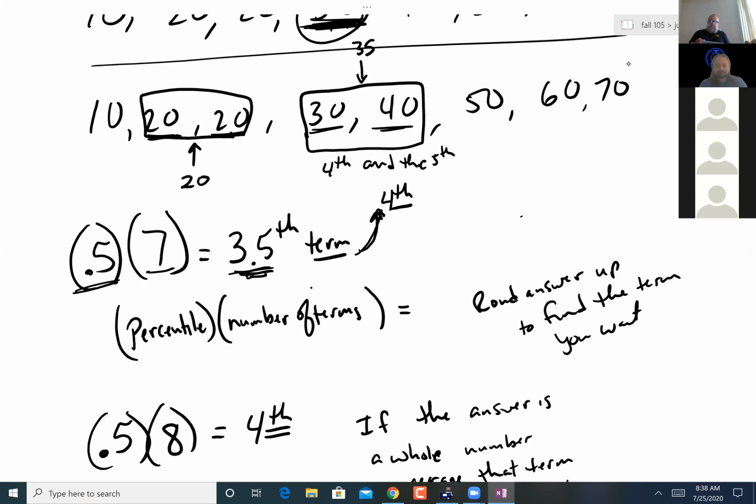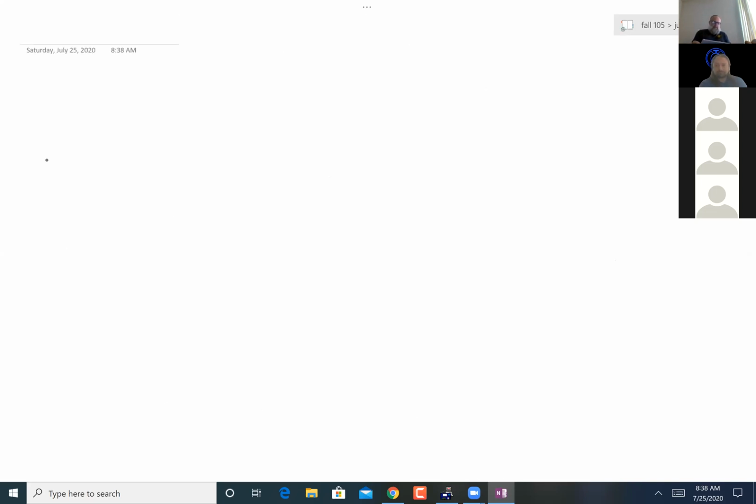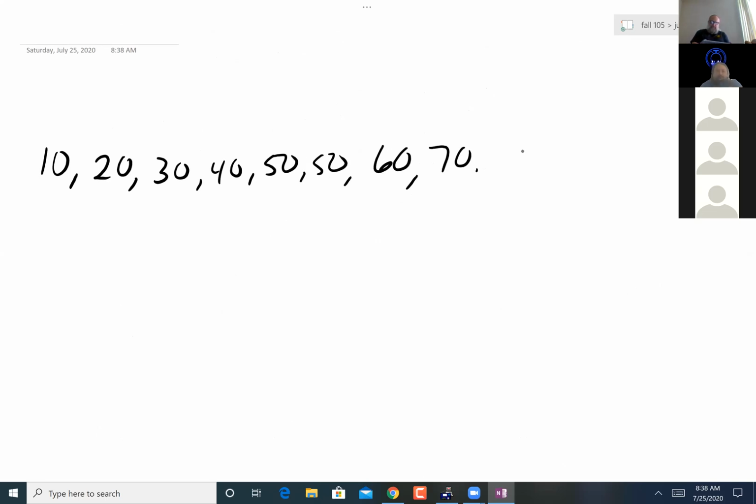Now, let's do this set of data here. Again, I'm going to come up with some easy ones because I don't want to have to do any real math. 1, 2, 3, 4, 5, 6, 7, 8, 9, 10. 10 of them. Now let's do 11 of them. Cool. So if I wanted the 70th percentile,